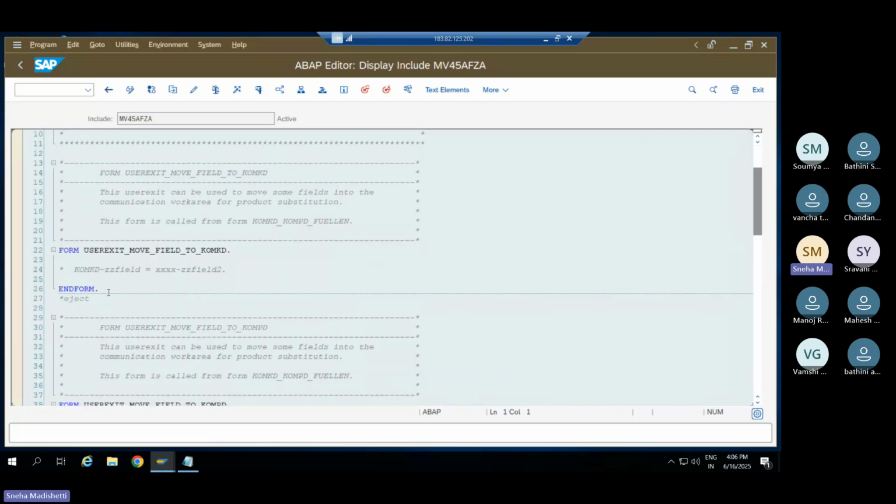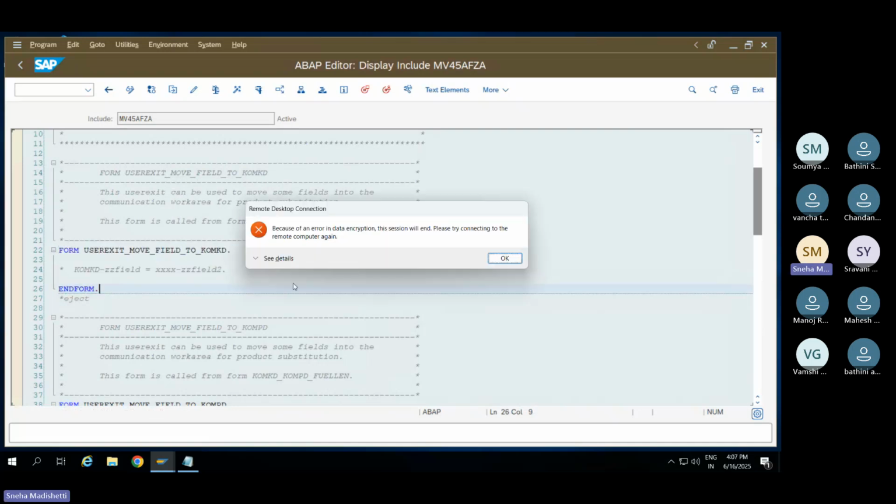This is also empty. Okay, let's see the other one. Here you can see this is one of the user exits. It starts with FORM USEREXIT_FIELD_MODIFICATION, and there is something like KOMKD here, right? This is the place where we can implement our logic. Suppose I want to move any standard field related data, so I have to implement the logic. That logic in this standard program, I can write within this FORM and ENDFORM. And if I scroll down,